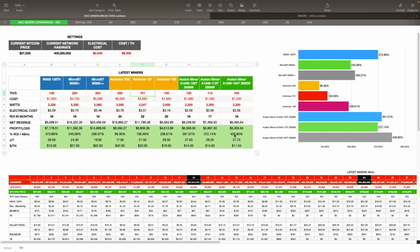So given the time frame that we're in now, if things worked out this way, where Bitcoin price goes to where it's supposed to go with my numbers, network hash rate and things like that, this would probably be the best one to get into, but it's at 31 joules per terahash, so that's definitely going to be tougher. But because the price tag is so low, you're definitely going to be able to recoup that a lot faster and then possibly mine more, or revenue-wise mine more than you would with some of the other ones that are